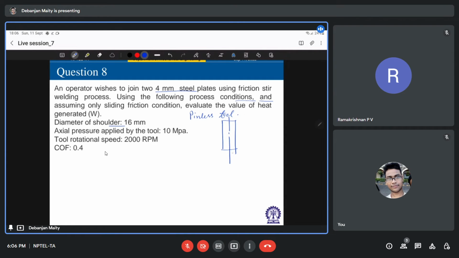The shoulder radius is given as 8 mm, and N is given as 2000,